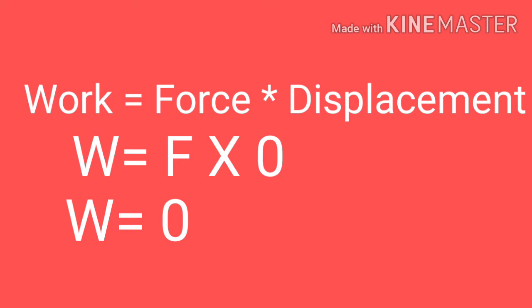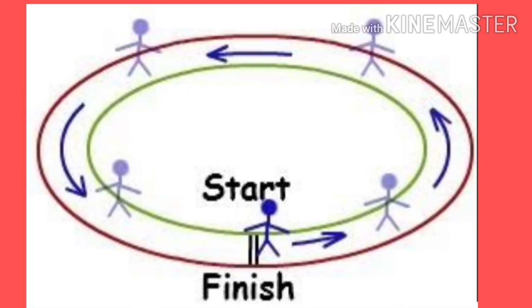Let's take an example. When you push a trolley around a circular park and return to the point where you had started, means you had come to the initial point. Your final point and initial point are the same here. So in this case, a force is acting on the trolley but there is no displacement, since the initial and final point are the same, and hence no work is said to be done here.